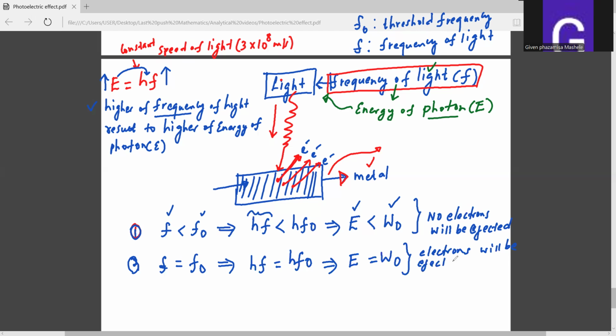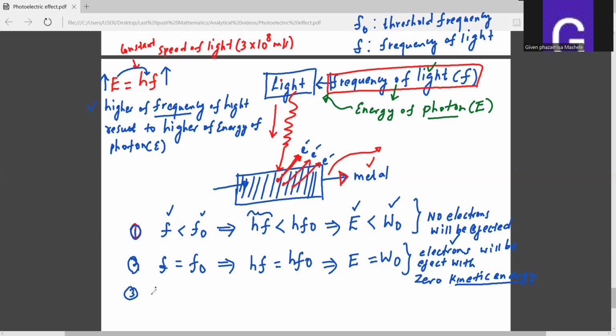But we must be careful with zero kinetic energy. Electrons will be ejected, but with zero kinetic energy. We'll talk about this. Now, thirdly,